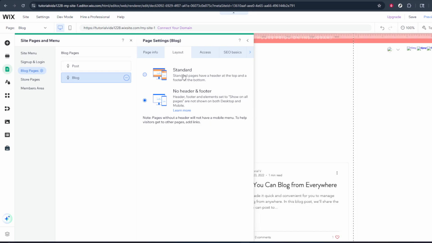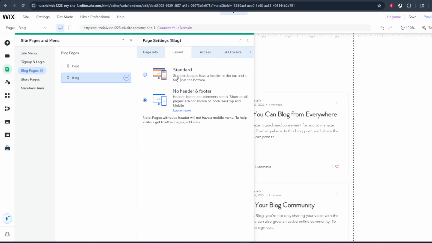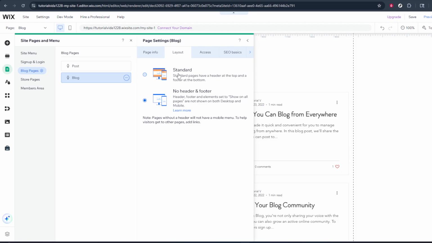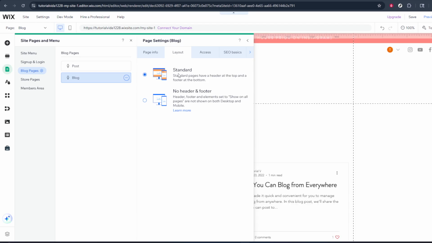Here, you'll be able to adjust how your blog posts are arranged on the page, such as how many posts show at once, whether they appear in a list or grid, and how much spacing there is between them. Take your time to explore the layout options and preview how each change affects your blog. When you're happy with the layout, remember to save and publish your site so visitors can see the updated design. That's all you need to access and customize